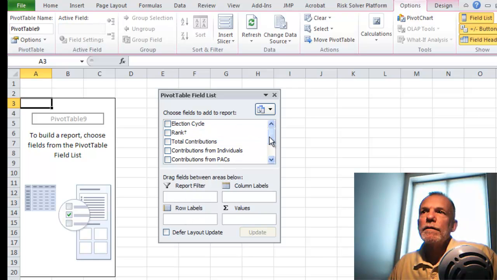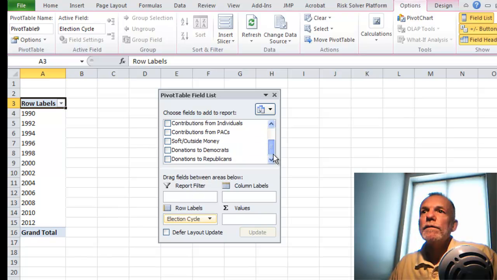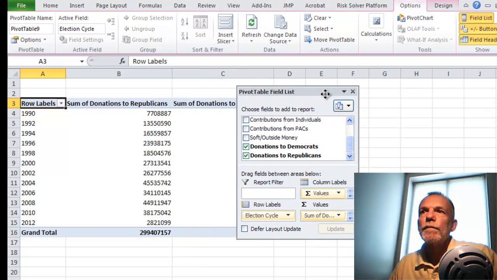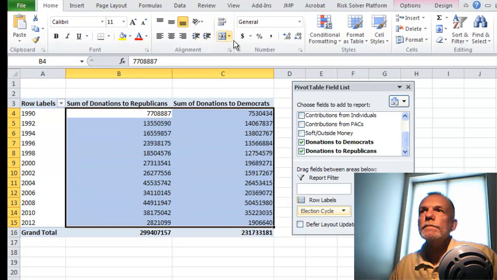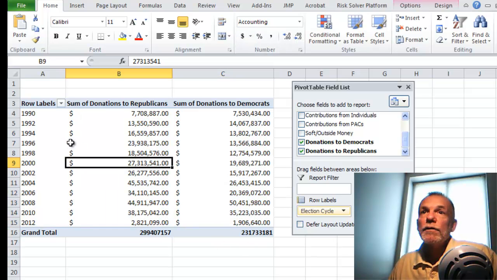Well, let's look at the donations to Democrats and Republicans by election cycle. So let's put the election cycle in the row, which is just going to be the year. And then let's put the donations in the values field. Maybe correct the formatting here. Okay, and so it's just that easy that we've been able to summarize that data by year into these